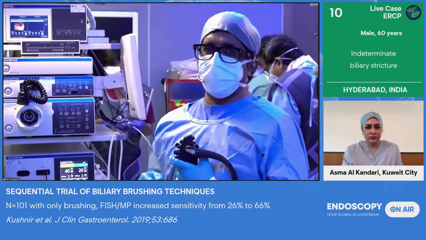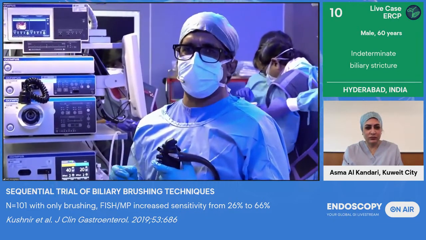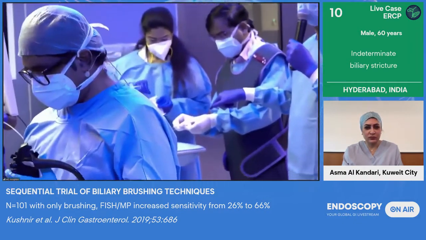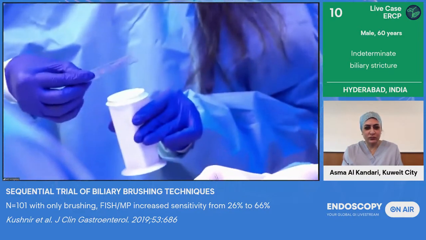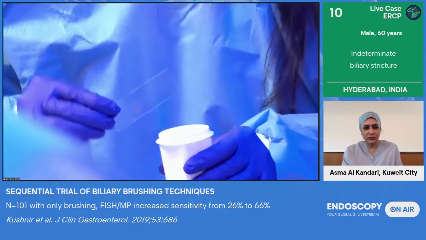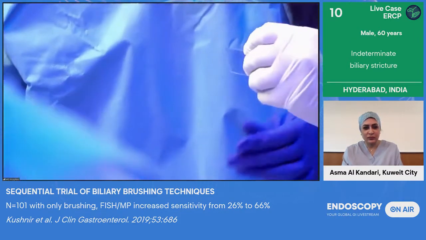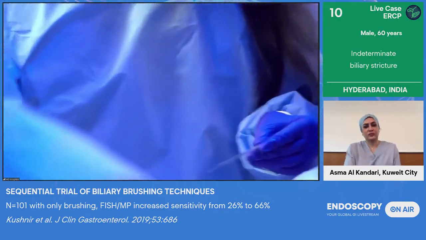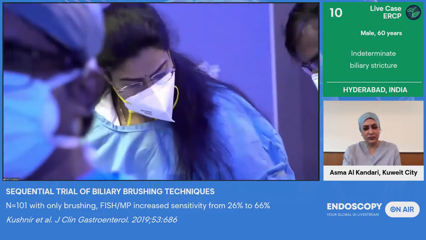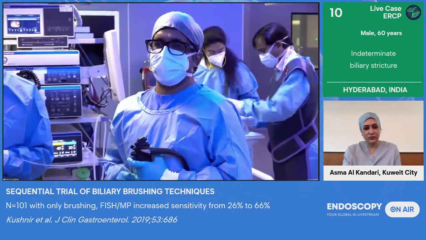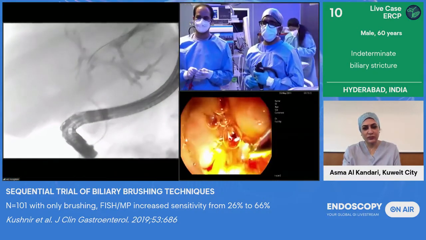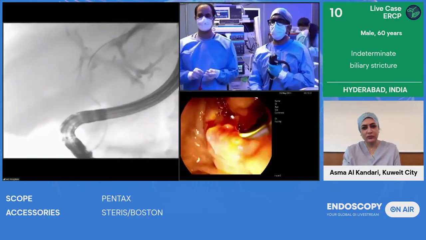So now we have taken a good sample which our pathologists are examining. Dr. Anuradha is taking the sample and making both a smear and a smash, both together. She's making 2, and she's now going to examine it with a quick stain and let us know in the next 3.5 minutes what exactly the pathology is. Meanwhile, we'll try to pass a wire on the right side because this is a stricture. Now you can see how my technician is helping me in going to the right side of this biliary system.